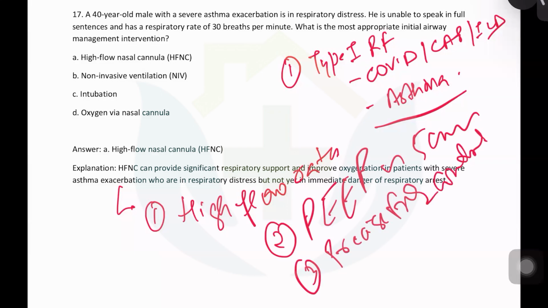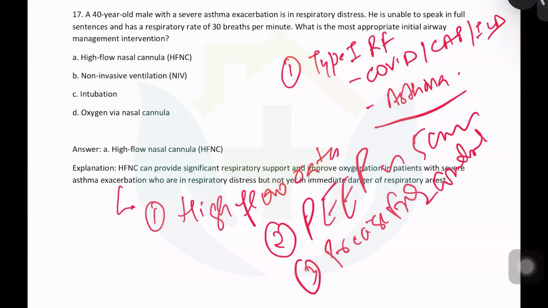With the HFNC, you can give 100% oxygen or maybe 99% oxygen just by altering the flow. You can humidify. Now the problem is that in NIV, non-invasive ventilation, humidification is a tough thing, unless you have a humidifier attached to it. So HFNC is slightly better than NIV in cases of respiratory diseases. In cases of cardiac conditions, NIV is superior to HFNC at all points.